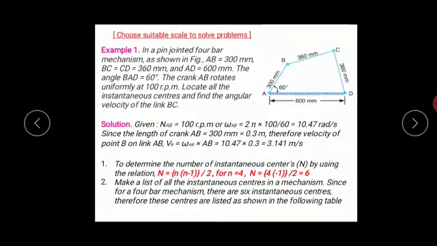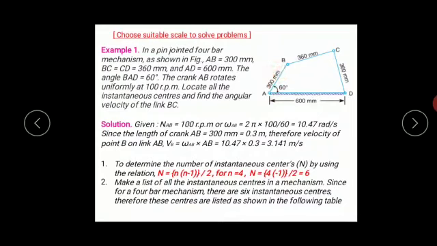Now in the present problem, we are given with the sketch and the dimensions are 600, 300 and 360. So let us choose the scale as 1 centimeter equal to 100 mm. So let us draw AD as 6 centimeter here because the scale is 1 centimeter equal to 100 mm. But while writing, we are required to write 600. So with point A as a reference, let us draw an angle of 60 degrees, and with respect to this point A on 60 degrees, we are required to mark 3 centimeter, but we are going to write as 300 mm.